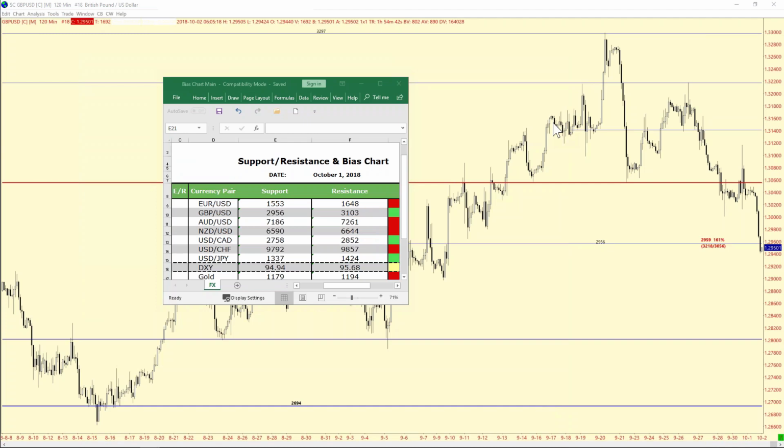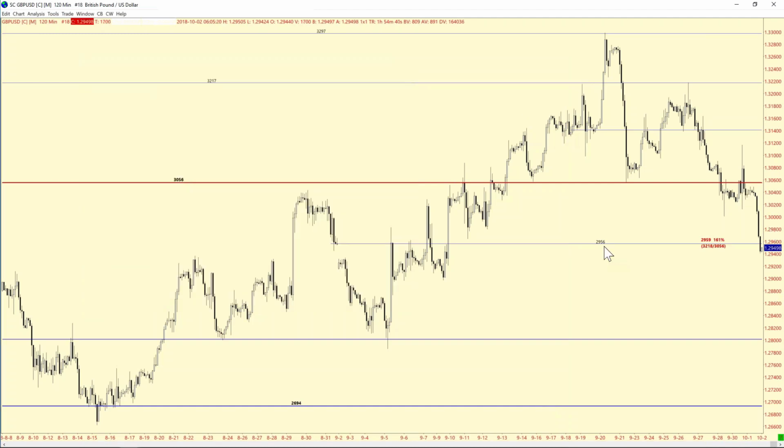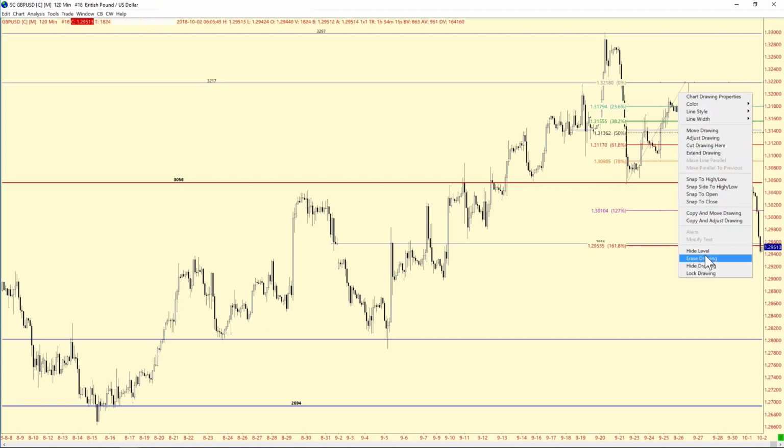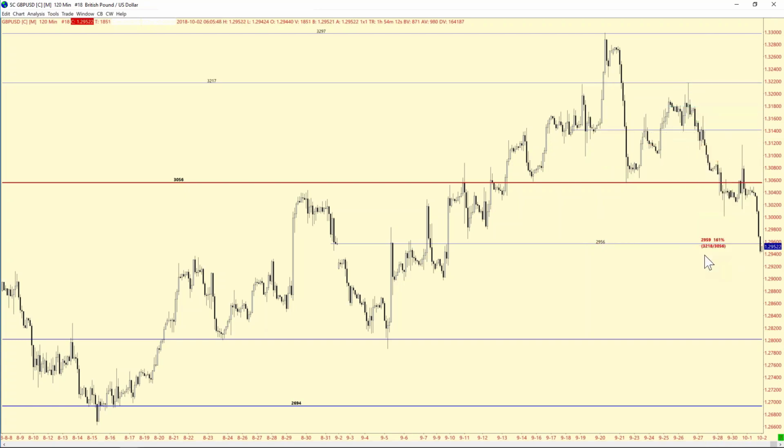Let's move this out of the way. So we talked about this market going down to 29.56. We have this level here, also 29.59, which we pointed out yesterday is 161% of this area right here. Right there, right on the button. So you had a lot of good confluence there. Obviously, the dollar scooting up gave it even more pressure, but you can see here the market hanging on, and finally going down to that level we were looking at, 29.56. Actually, it even overshot it, getting down to about 29.42.